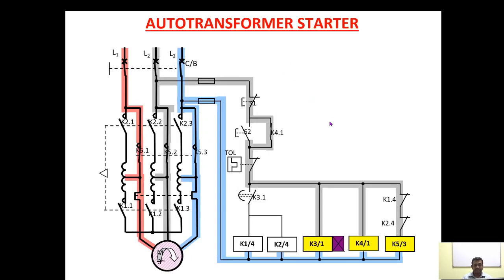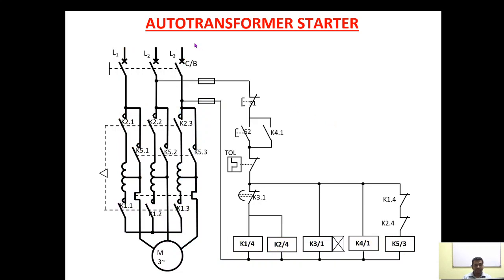Now let us discuss the operation of the auto transformer starter. We have this as a power circuit, this as a control circuit. Then the three contactors, one is a main contactor, then the remaining are the respective tapping transformer contactors, and this is a timer. Thermal overload relay, start push button, stop push button. And these are the tappings. Initially the supply will be available through tappings, and then after getting about 80% to 90% speed, the supply will be available directly. Let us have a look.